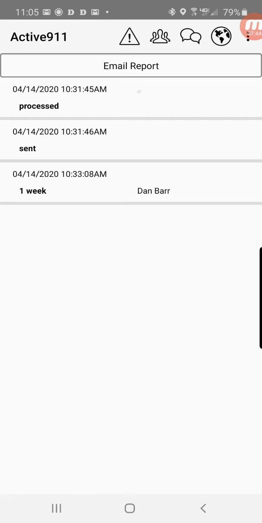It shows me when the notification was processed, when it was sent from Active911, and when it was received by the individual. And when it is received, meaning when they see their name pop up here, it means it hit their phone. There is a return. So Active911 sends it, the app receives it, and it sends a notification back, especially when I get a response. Now, we can change this a little bit and do a little bit more, but briefly, this is what I wanted to cover